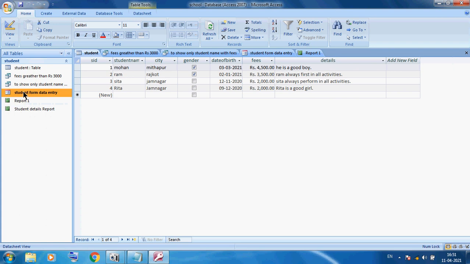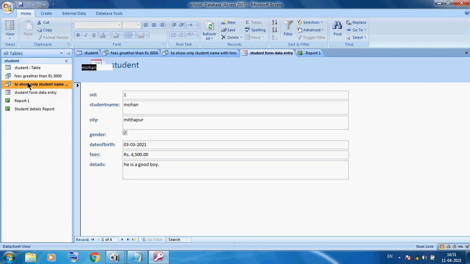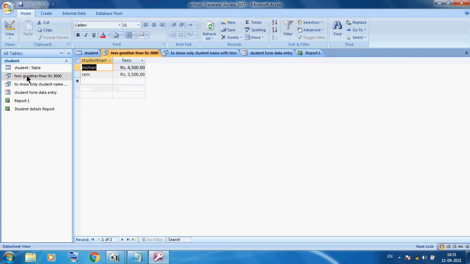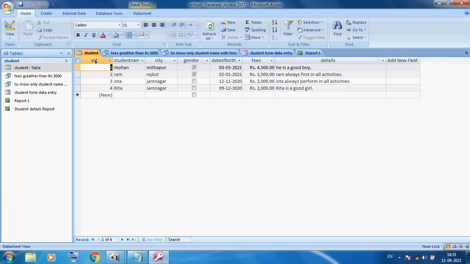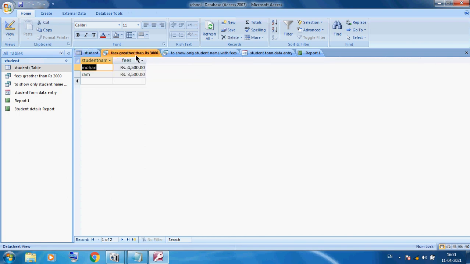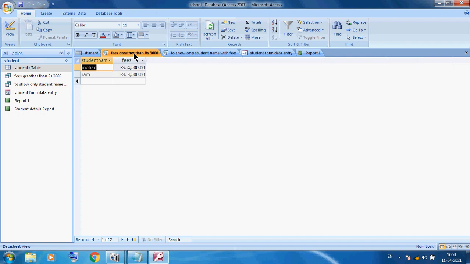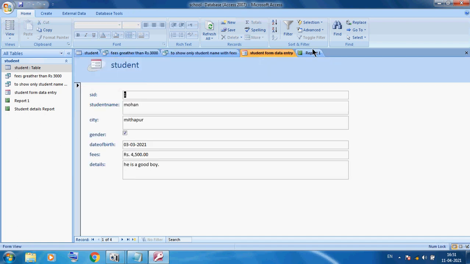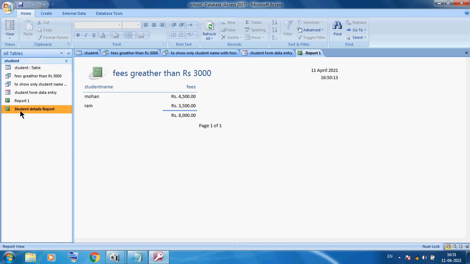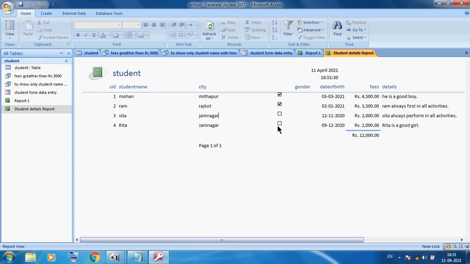Student form is our data entry form, this is our query 1, query 2, and this is our student table. So you can see multiple things we already created: the student table, query 1, another query, this is our form, this is our Report 1, and this is our complete report. So we can print this report.